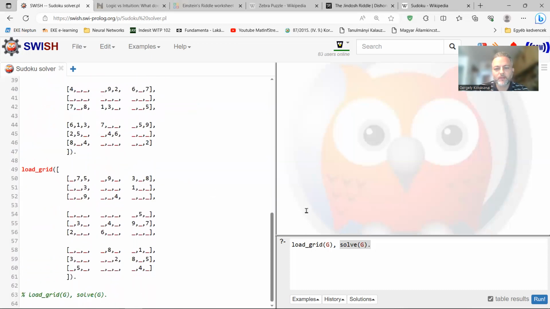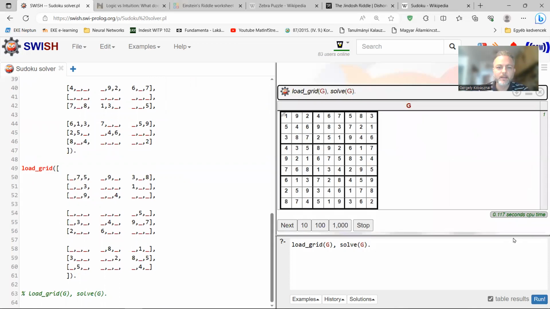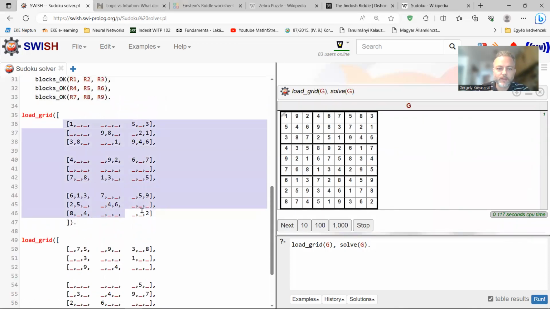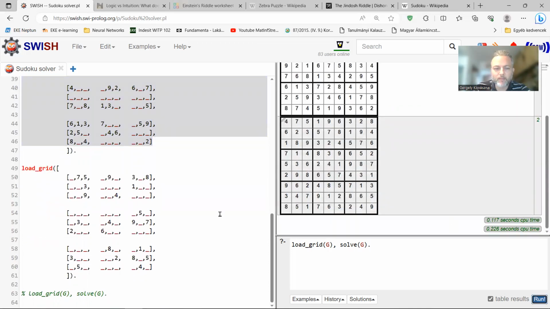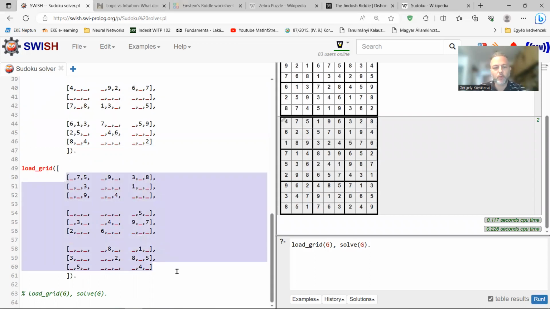Okay, it's time to run the query. You can see a solution for the first board, and this seems okay. Each element in each row and column and 3x3 block is distinct, right? Then let's check out the solution for the second board. This took a little bit more time because this second board is supposed to be a more difficult one. And here it is. Anyway, solving this second board has not caused any problem for the Prolog interpreter either.